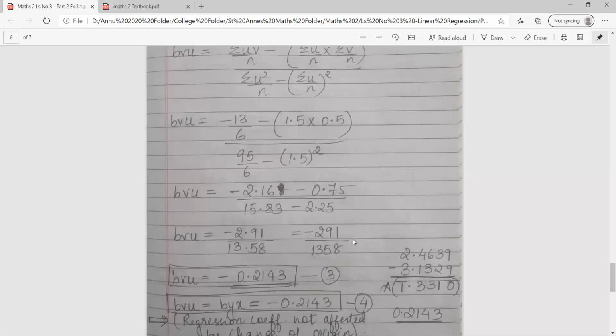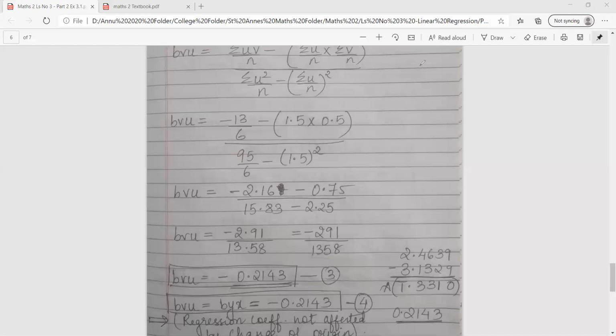Then I came across the value 291 divided by 1358. And then you can see, class, again I followed logarithms over here. Again, 2 minus 3 gives me minus 1. So in logarithmic form, I write it as bar 1. Then I get the answer in anti-log as 2143 and bar 1 plus 1 gives me a 0. So my final answer is minus 0.2143. The minus is coming from the start, as you can see in this step. So it is following until end it follows.